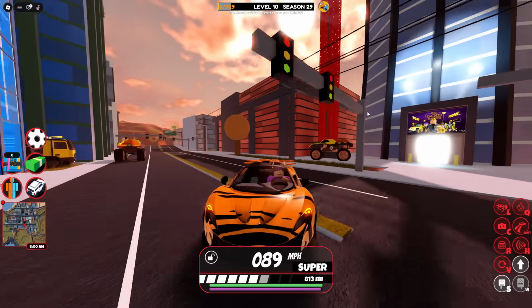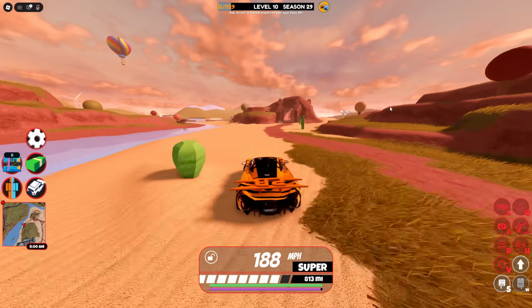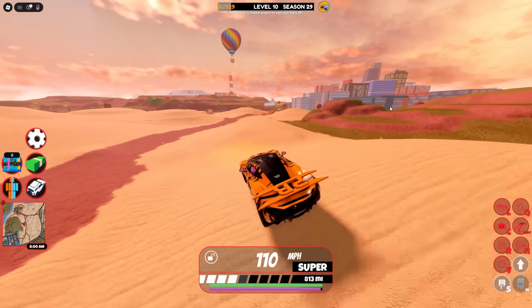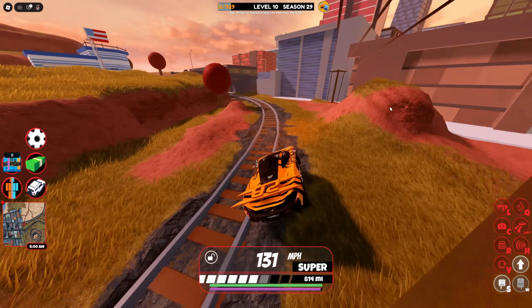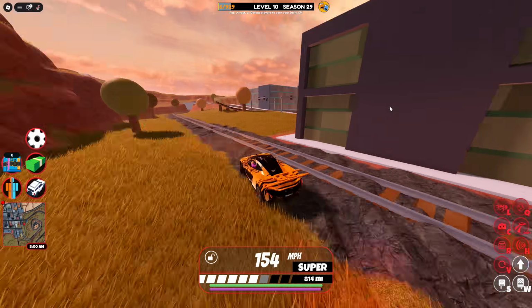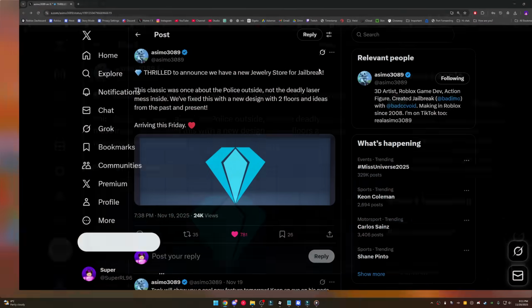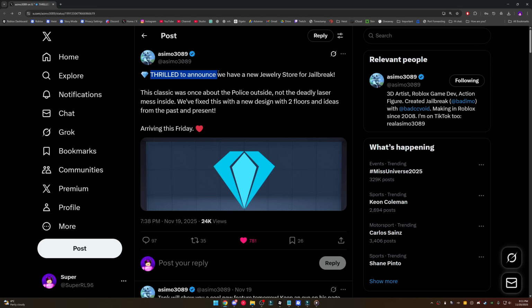As for what's coming in the new jewelry store though, Asimo did actually give us some news here on Twitter, and Epic Tank also released a gameplay video, and in that video we actually have a new feature in the jewelry store. Before that though, the first thing that Asimo says here on Twitter is they are thrilled to announce that we have a new jewelry store for Jailbreak. This classic was once about the police officers outside, not the deadly laser mess inside. We've fixed this with a new design and 2 floors and ideas from the past and present, arriving this Friday,